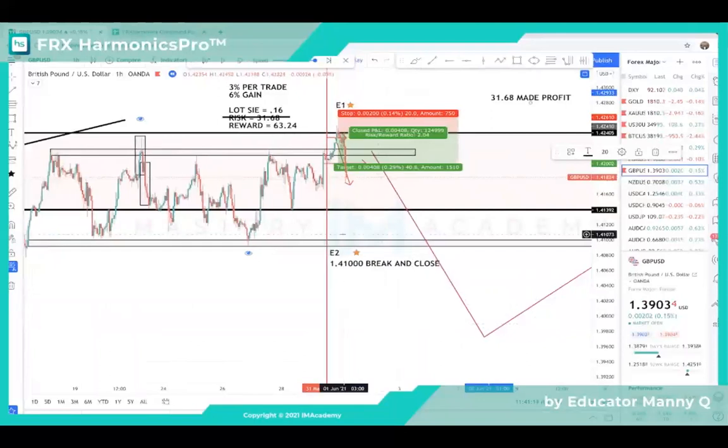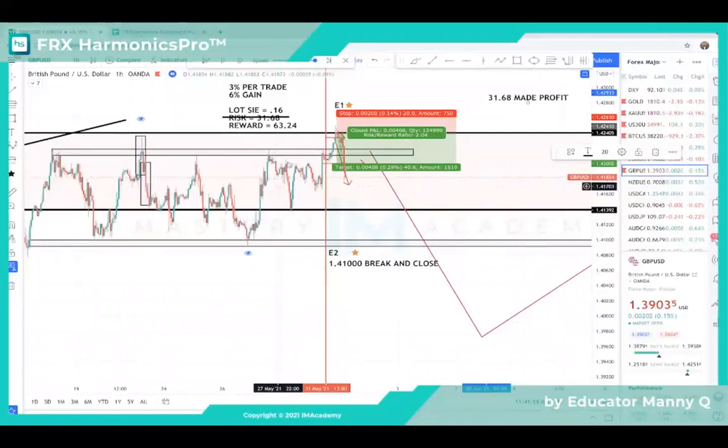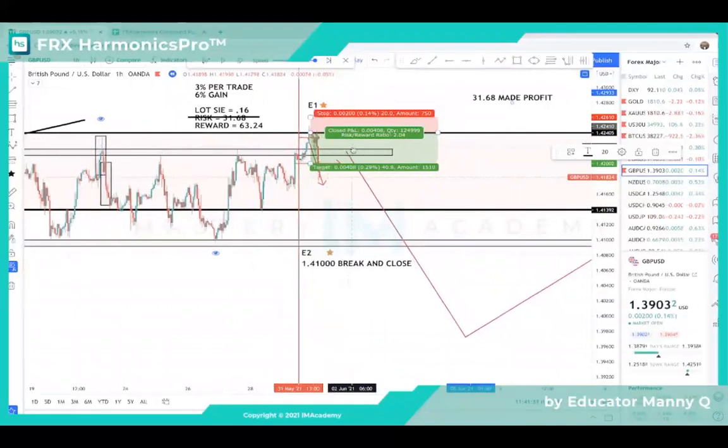So if you had a strategy, you would not even trade this because this does not fall in line with your strategy. But if this did fall in line with your strategy and you were an institutional trader trading supply, you would have entered at that wick right up there and you would have actually executed that trade. Okay. So remember